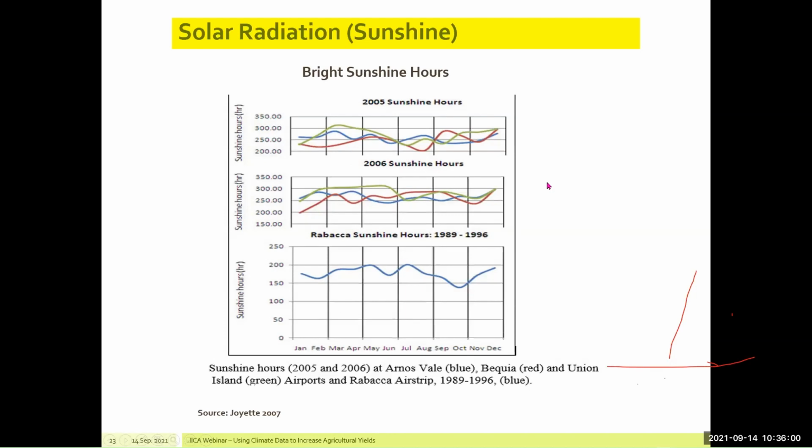These graphs show what the bright sunshine hours were for 3 stations, Amisvale, Beckway, and Union Island. And the bottom one is Rabaca Strip, and the time periods are given at the bottom, 2005, 2006, and for the Rabaca Strip, 1989 to 1996. So this gives us an idea. And this is the same country, but you can see different